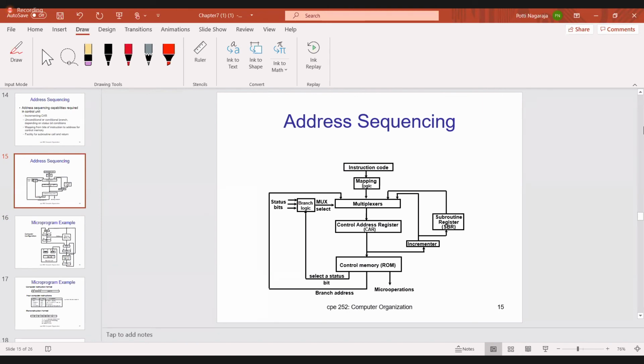And branch logic is based on the status bits. The incrementer and subroutine register, all these topics we will see in the next class, because I already explained this and can explain directly next class. But if you want to understand, you have to go through the material, and I will forward this PPT to you. Go through that, and if you have any doubts, inform me.